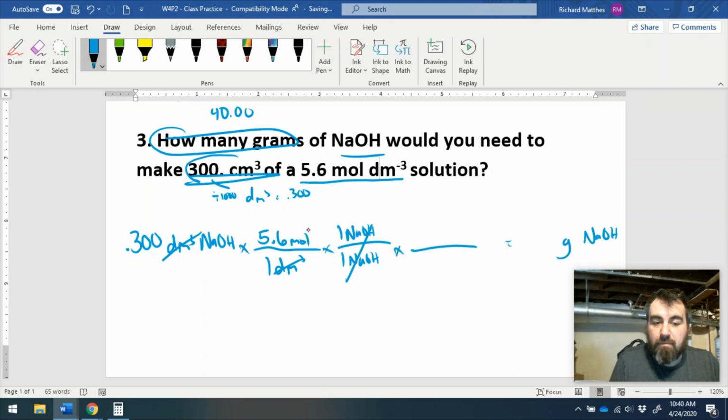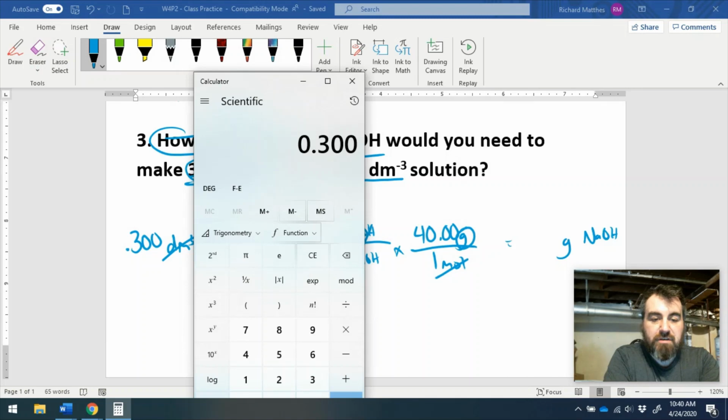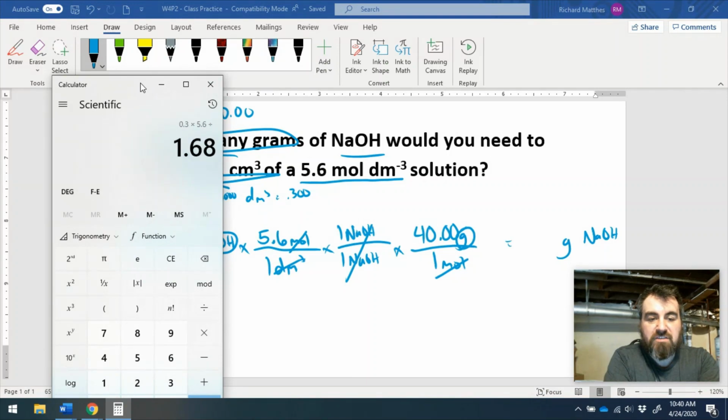Finally, we are going from moles to grams. So we're going to use our 40.00 grams for every 1 mole. Okay, that cancels out our moles. And now we have grams of NaOH, which is exactly what we're looking for. Okay, let's put it in the calculator. 0.300 times our concentration, 5.6 over 1, times 1 over 1, which is just our NaOH over NaOH, times 40.00. That's our grams divided by 1. So we get 67.2